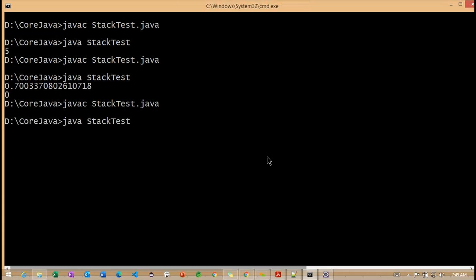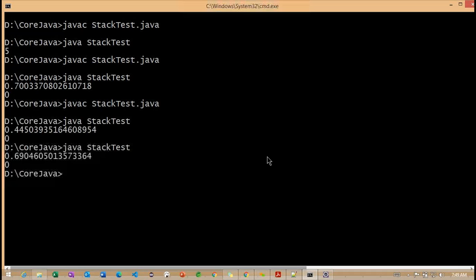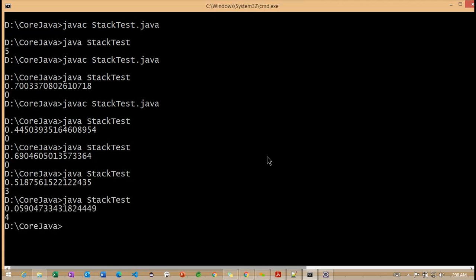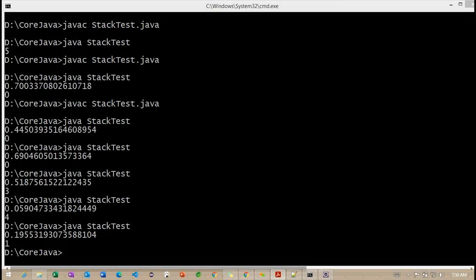If I compile and run one more time, now you can see we are getting different values here. So for random purposes we can work with the Random class here. We cannot predict what value we are going to get. Okay, getting the point. Any questions regarding these variables in our interface here?